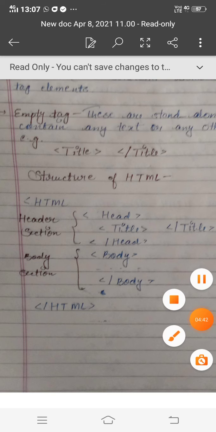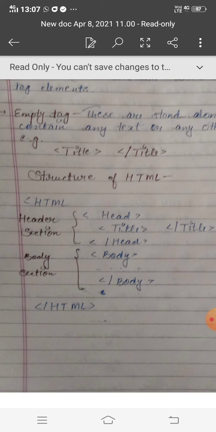Now the second section starts with body. Here in angular brackets we will write the body tag. All the work which we want to show on the web page will be written in the body tag. We will start body, afterwards we will write some data in the body tag, and in the last we will close the body tag. So in the body tag we can write any data, any tag, many kinds of tags and also nested tags. Any kind of tag we will write in the body tag only, not in head or